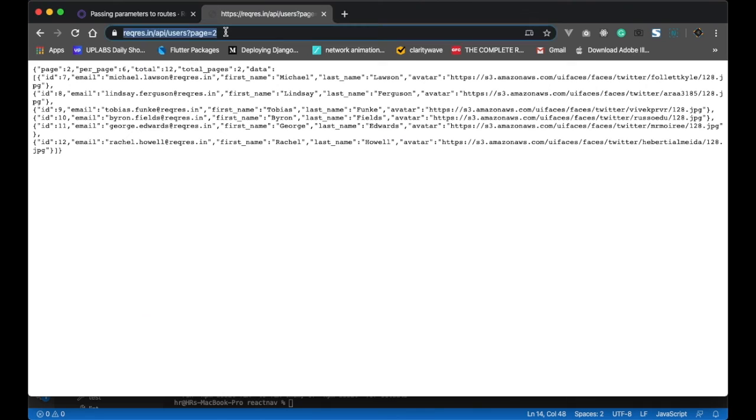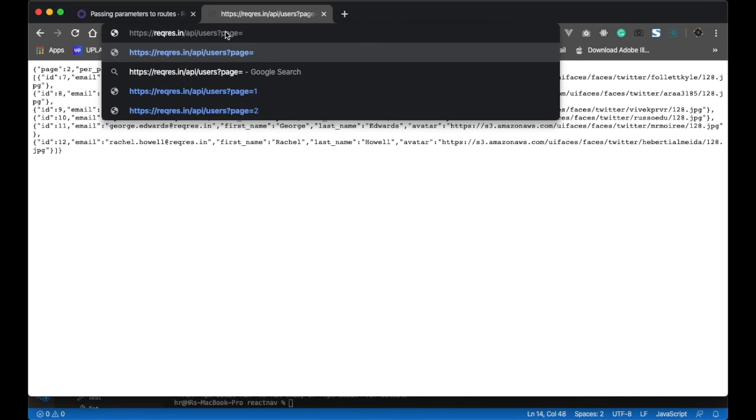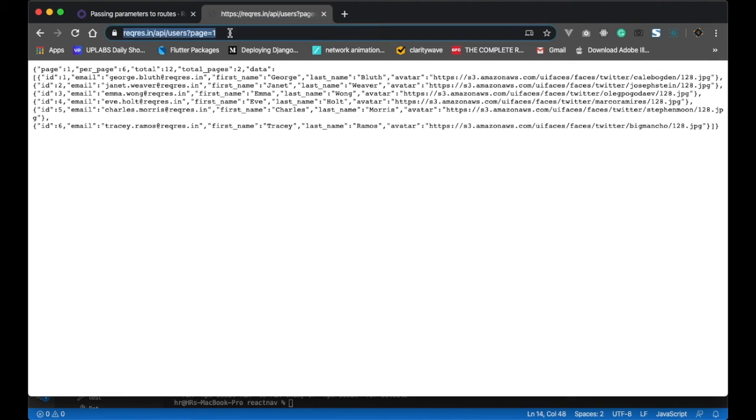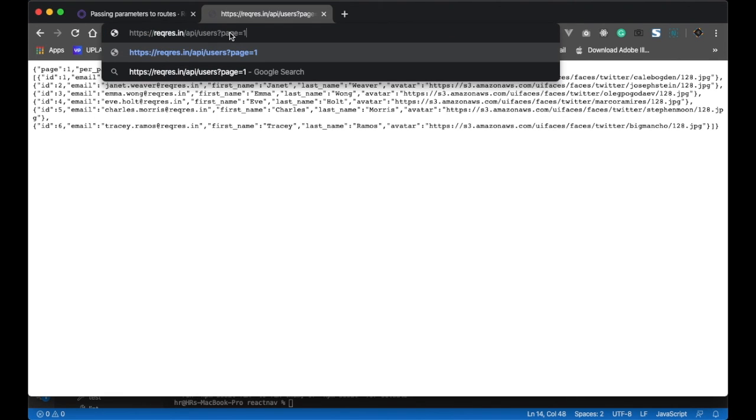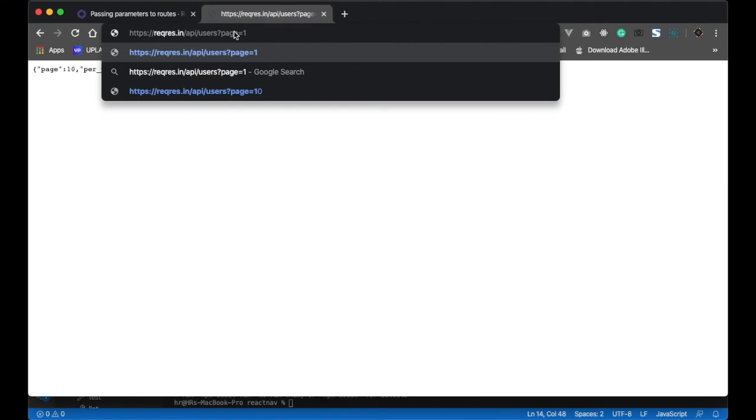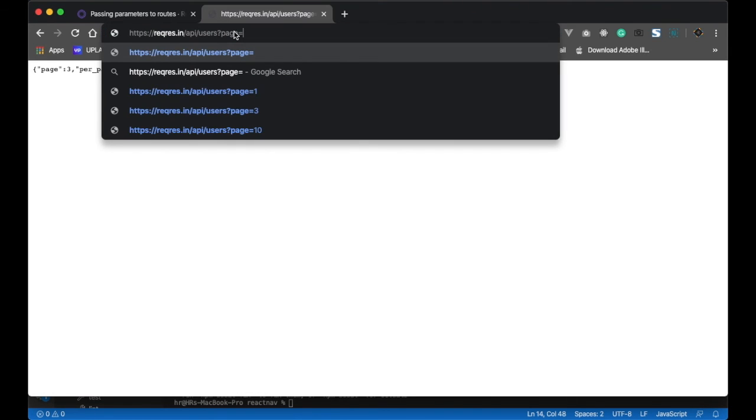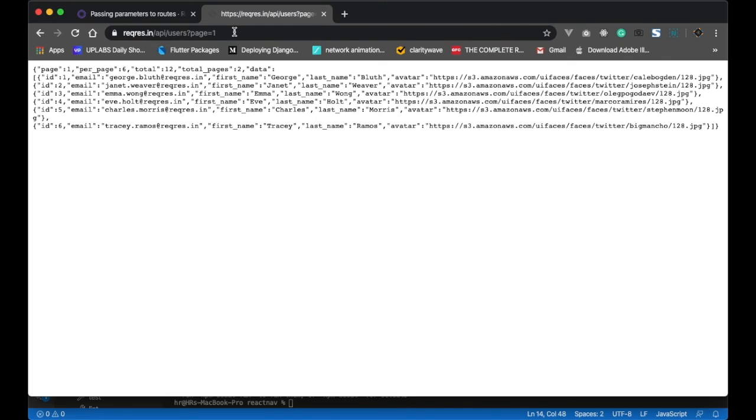You can actually change the pages here. So say page one, they all come in the same number, so don't worry. You can even say page 10. Let's see. It does not exist, but you get the idea. Even if page 3 does not exist, it's only page 1 and 2, which actually I don't see the point of, but